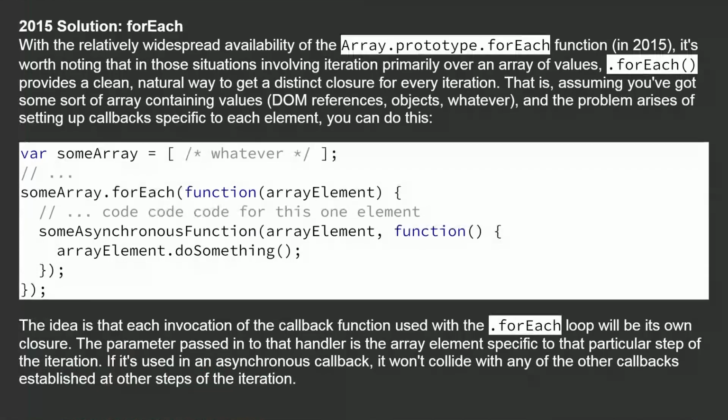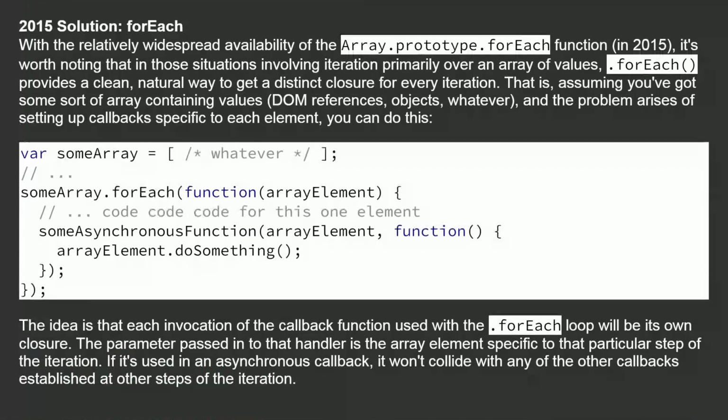That is, assuming you've got some sort of array containing values, DOM references, objects, whatever, and the problem arises of setting up callbacks specific to each element. You can do this: var someArray = whatever; someArray.forEach(function(arrayElement) { someAsynchronousFunction(arrayElement, function() { arrayElement.doSomething(); }); });